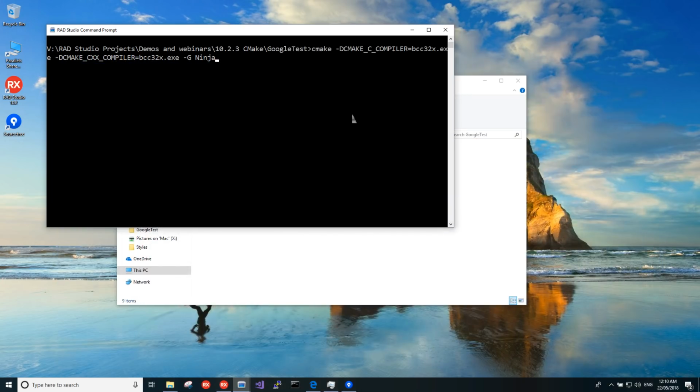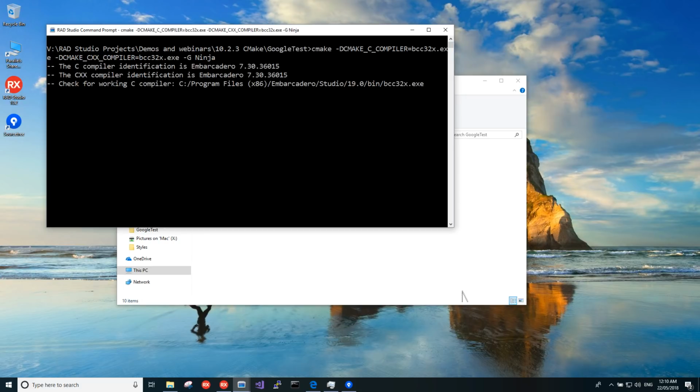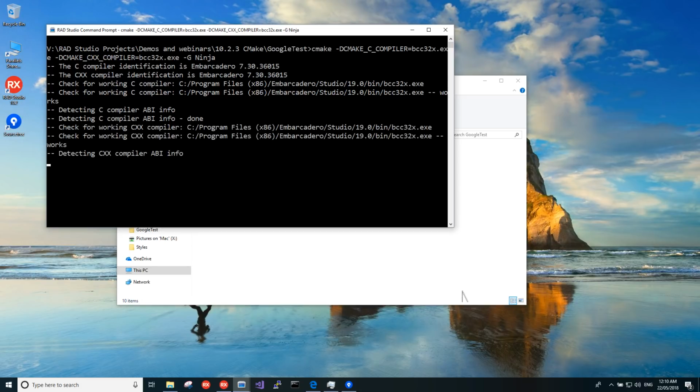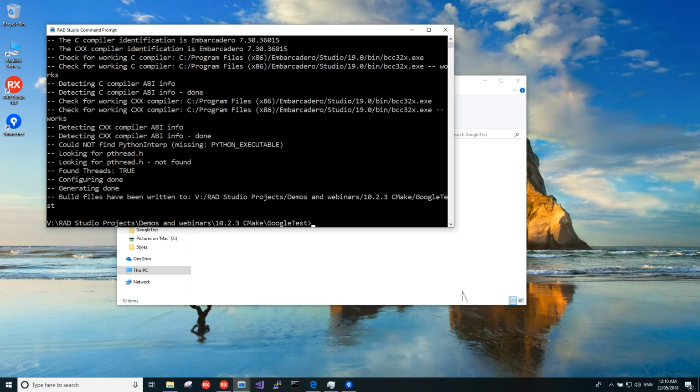Let's go back here and we can use the same command line that we used before. Building for Win32 at the moment, so we're using BCC32X as the C and C++ compilers, and again generating Ninja build files. Let's run that. It has generated the Ninja files, which you just saw pop up in Explorer below the command window. Now if I run Ninja,